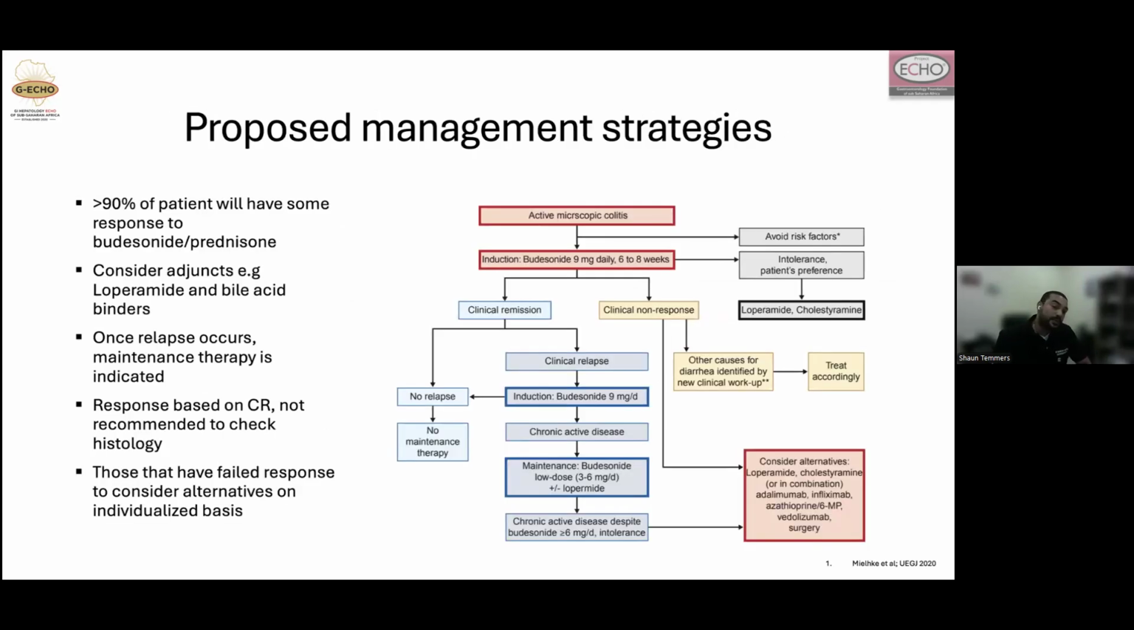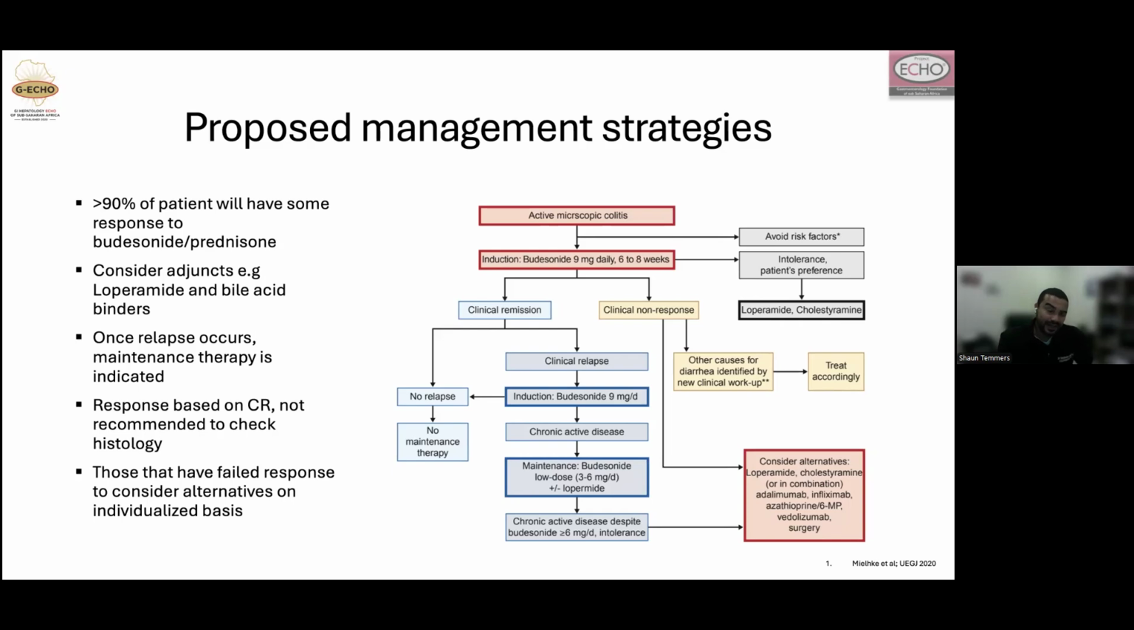So the UEG has proposed an algorithm, which is the algorithm on the right of the screen, for the management approach for these patients. 90% of them will have some response to budesonide. There's a similar response to prednisone. The equivalent dose of 9 milligrams is about 40, and that's 40 milligrams of prednisone. That's extrapolated from IBD studies, but prednisone itself is not recommended as first-line therapy for these patients due to systemic